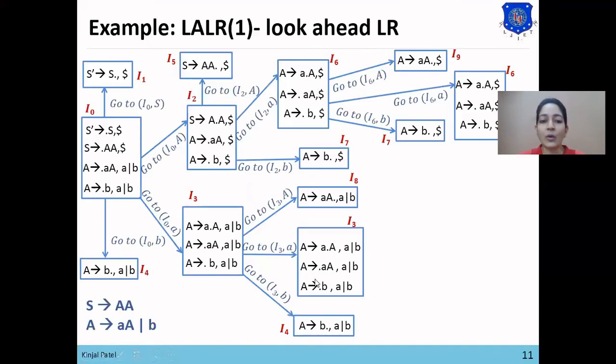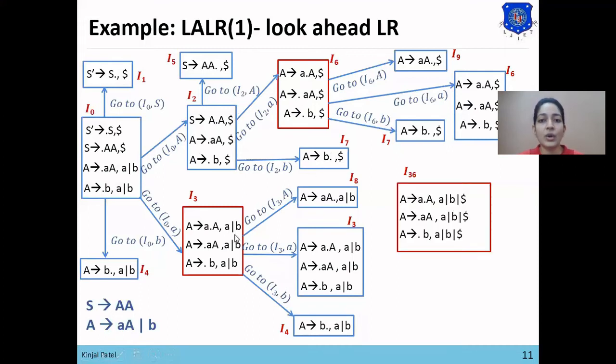So we'll see how we can merge this item set from this LR(1) item set. Okay, so this is the item set of CLR. Now we want to make the item set of LALR. For that, we'll look for the states which have the same production rules but different lookaheads. As we have already seen, I3 and I6 have the same production rules, so we'll merge the I3 and I6 sets. We'll represent I3 and I6 as I36 with merged lookaheads.